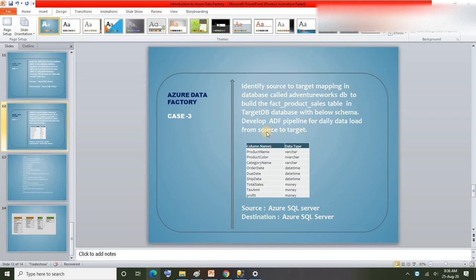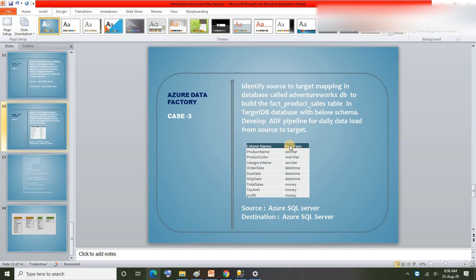Alright, at a high level, what I am trying to do is build a new table, the fact product sales table in the TargetDB database, by loading data from source tables that are available in AdventureWorks DB. But I need to identify those source tables and required columns based on our requirement.